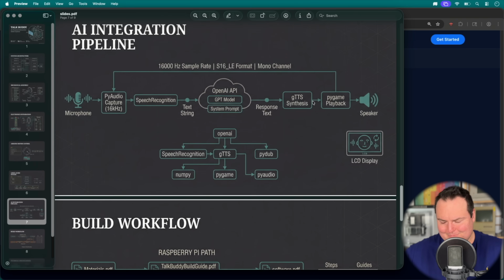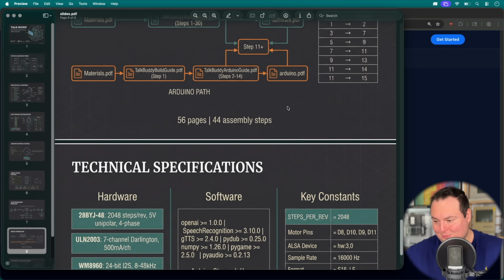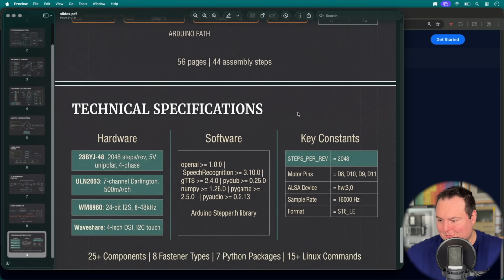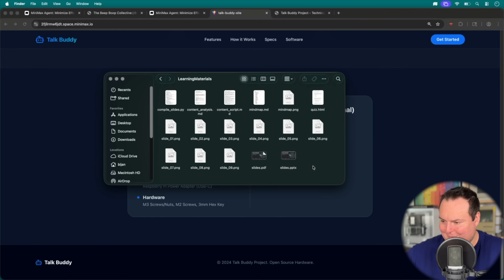This is really intricate. Here's our workflow, 56 pages, 44 assembly steps, technical specifications, software, and it has the dependencies listed out like this, the specific hardware, the stepper motor, the motor driver board, the audio hat, and then the screen. Key constants, wow. Now, our last thing would be the